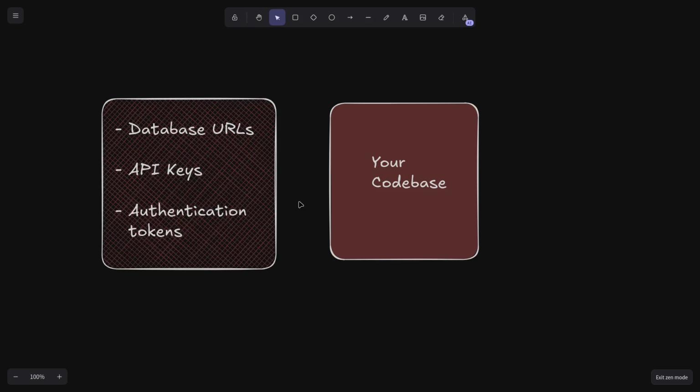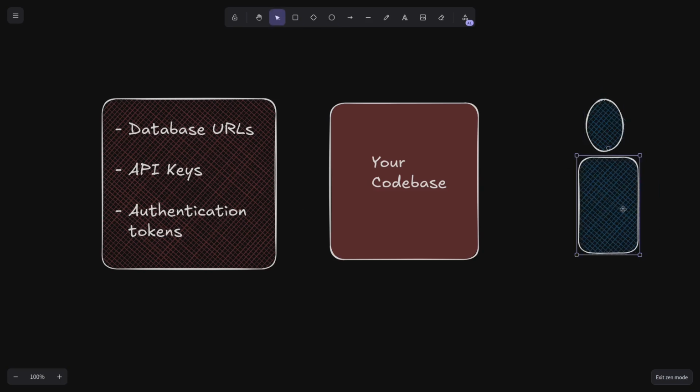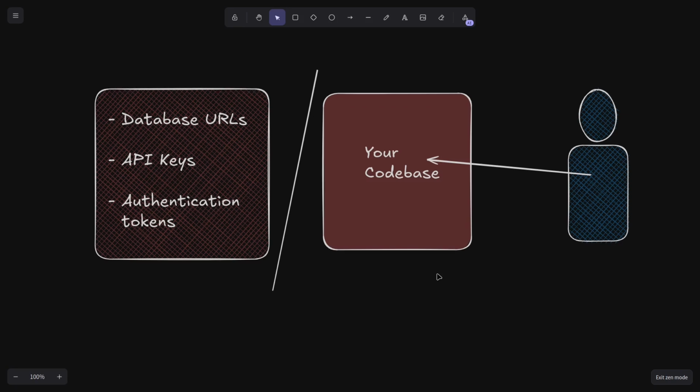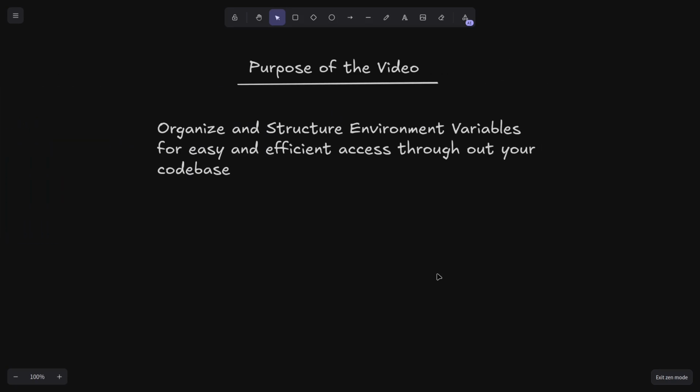secure and flexible. Storing your API keys and authentication token outside your codebase adds a layer of security to your program. If your source code gets leaked to an unauthorized party, they won't have access to your authentication tokens and other sensitive information. In this video, I'll walk you through how to effectively organize and structure environment variables in a Rust